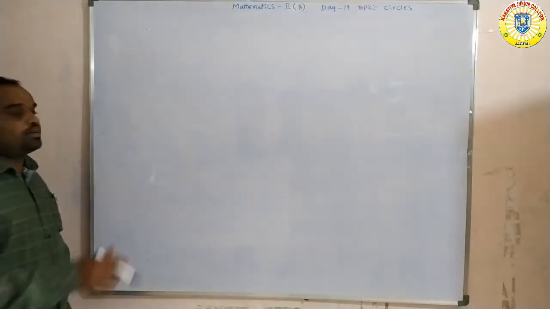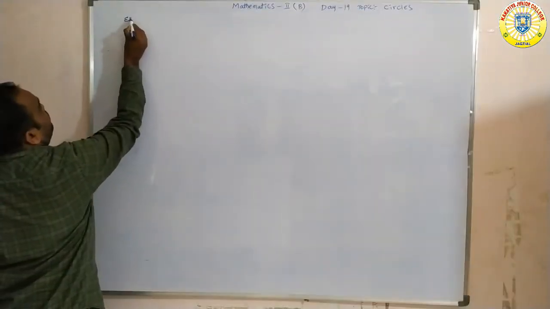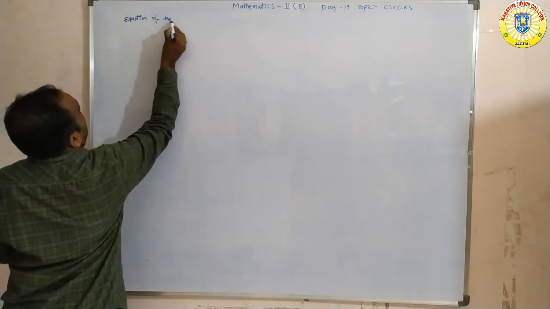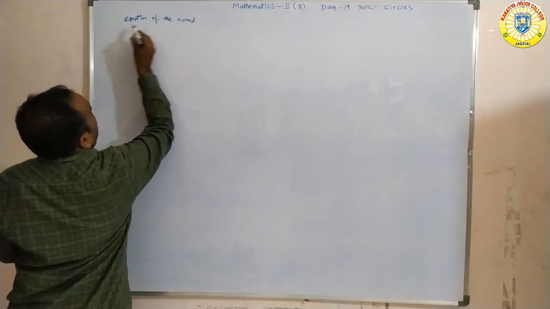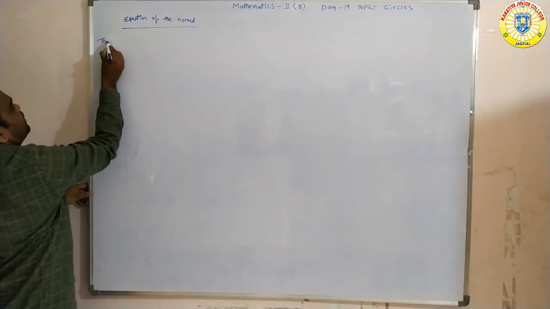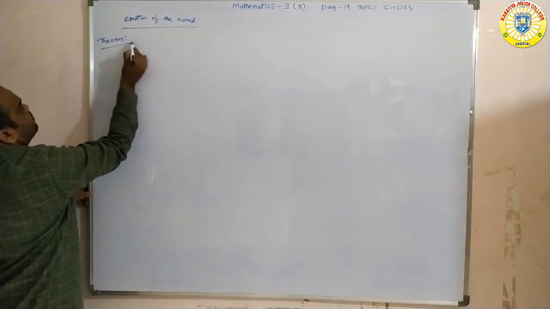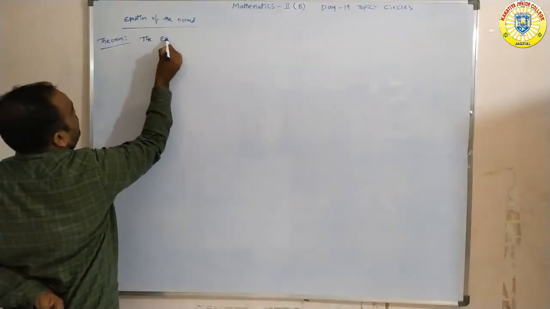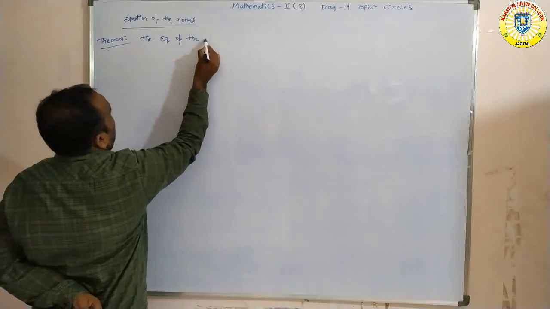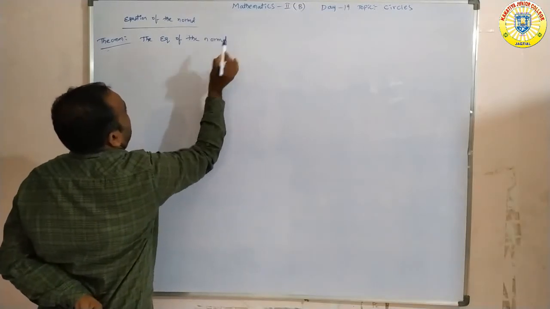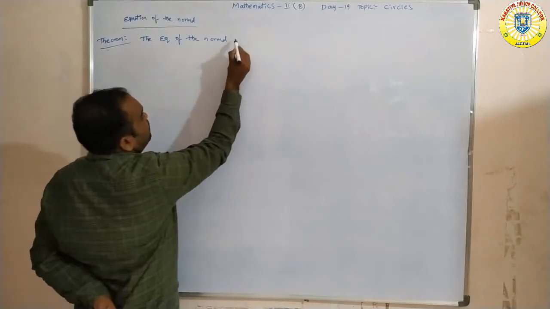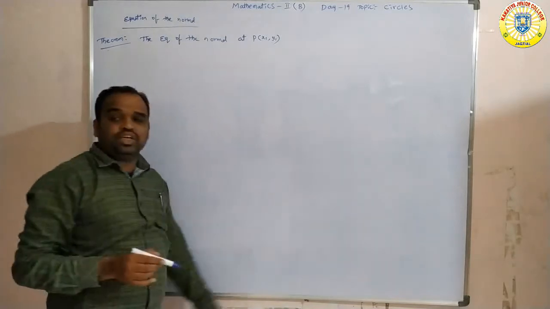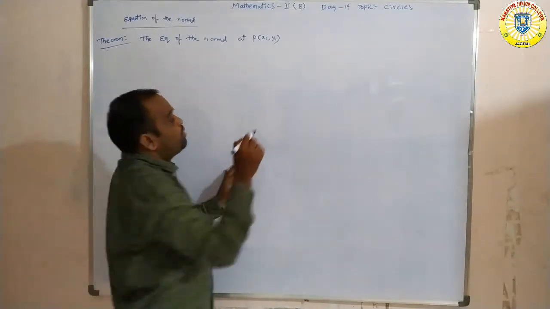Okay? See here, write down the theorem statement. Write down the equation of the normal. All of you write down this theorem statement. Theorem: the equation of the normal at P of x1 comma y1 of the circle